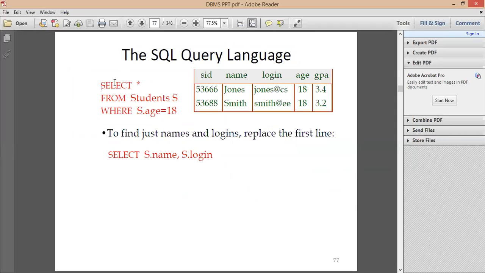Now suppose select star from students S where S.age is equal to 18. What happens here? The output will be all the columns of the student table S with the constraint where age is 18.